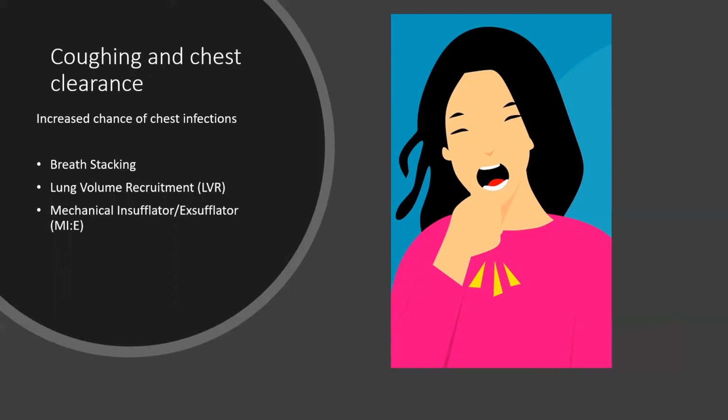There is also a helpful technique called manual assisted cough. A physiotherapist will be able to provide instruction on how to do this. Some people with MND find it useful to use a machine called a mechanical insufflator exsufflator. It is sometimes known as a cough assist. It clears secretions by applying a positive pressure to the airway, followed by a negative pressure. This rapid shift in pressure simulates a natural cough and can help to reduce the risk of recurrent respiratory infections.